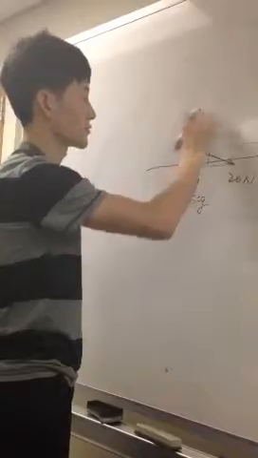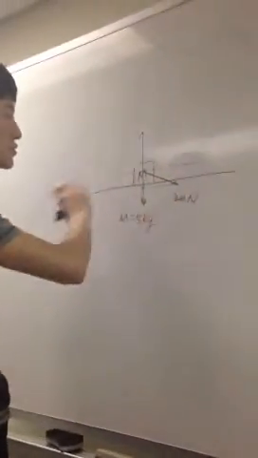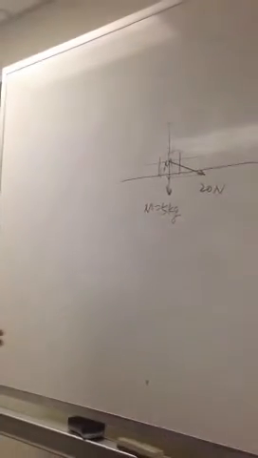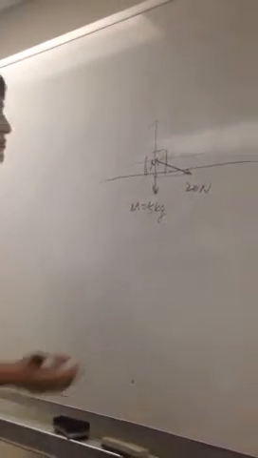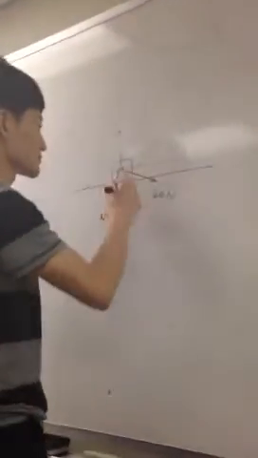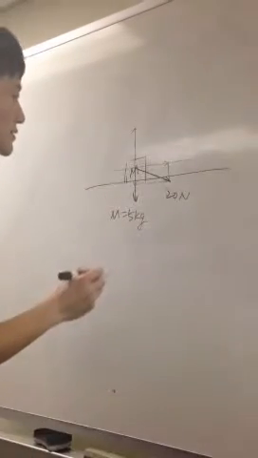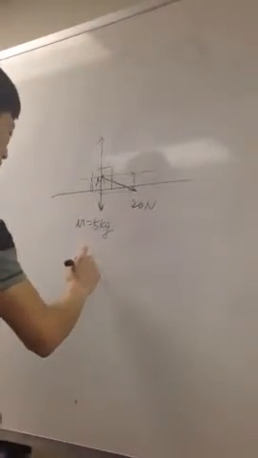So that will cancel out. Right. And it's frictionless. You don't even need to consider the y axis because there is no friction. And then on the x axis is,